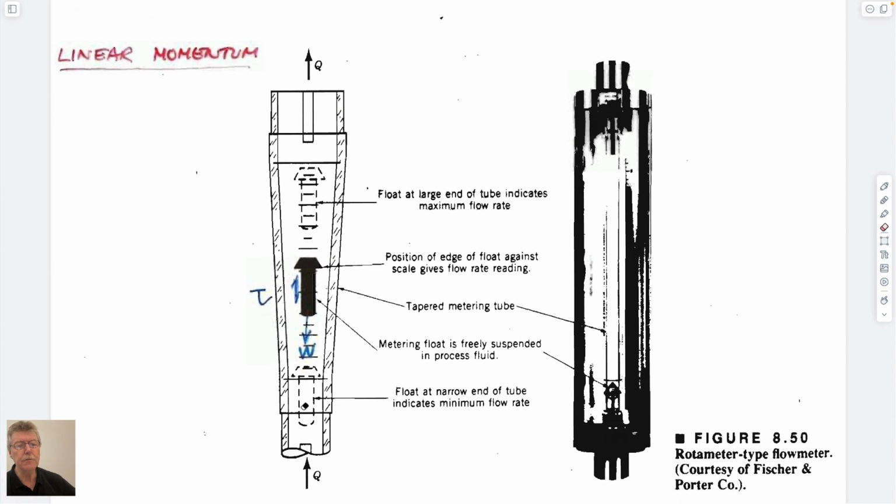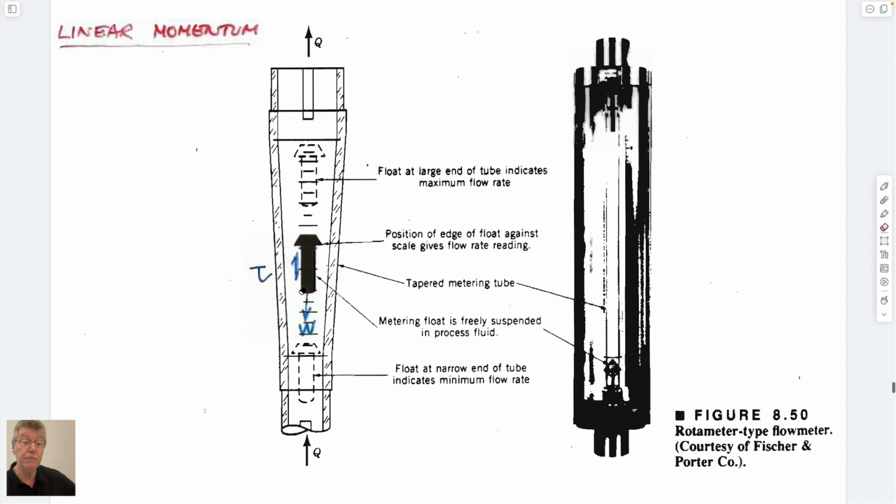You could imagine that if you have a bead in an airflow, and the pipe widens, then you know from continuity that if you take sections across this, the velocity will be slower here than it is here. And so there's some balance point at which this weight would be held by the flow, killing the velocity of the flow by a pressure applied at this bottom end, and also on these flanges, I suppose. And so the height to which this would rise would be some measure of the flow rate,